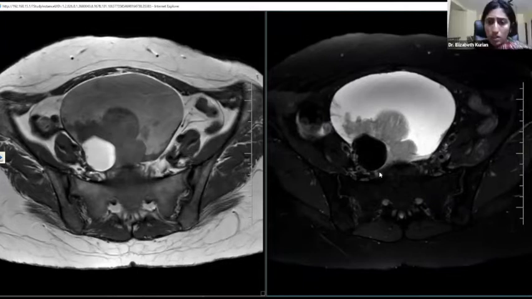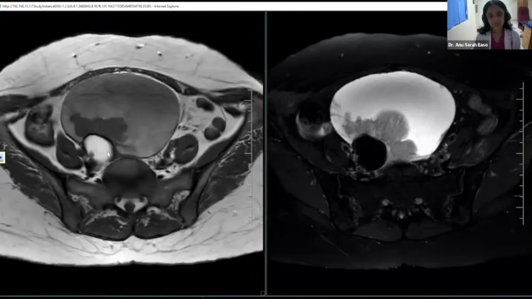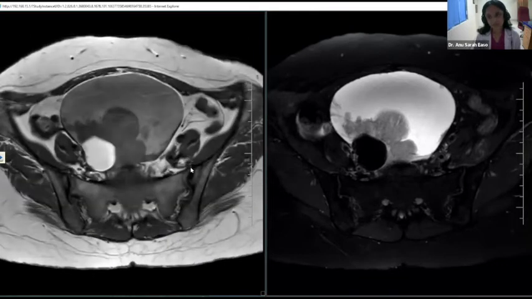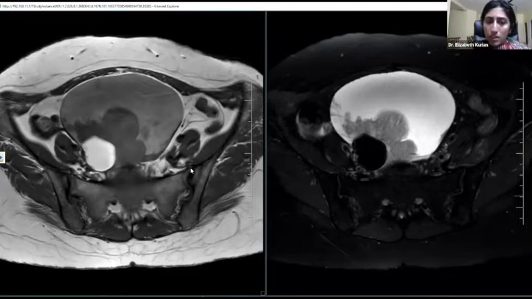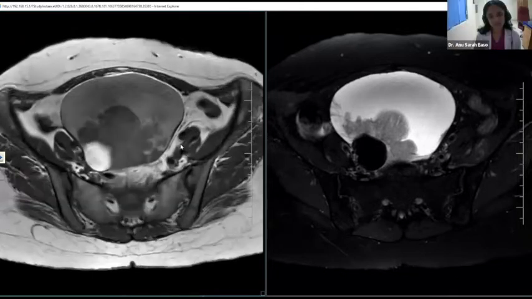Fat. So what does that mean? Part of the lesion contains fat. Okay. Can it be hemorrhage? This part, can it be hemorrhage? It is suppressed on fat images. So it is a fat containing part of the lesion. Fat containing. So what are the other